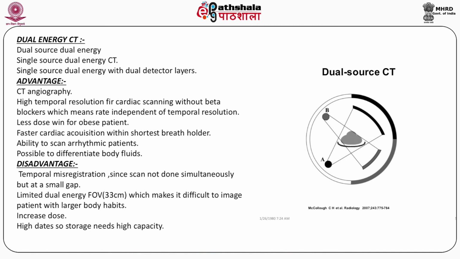High temporal resolution is possible for cardiac application, scanning without beta blockers, which means the rate is independent of temporal resolution, less dose for the patient, especially for the obese patient, faster cardiac acquisition with the shortest breath hold, ability to scan asthmatic patients,